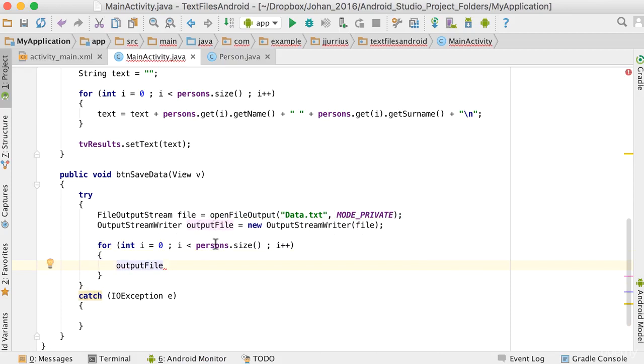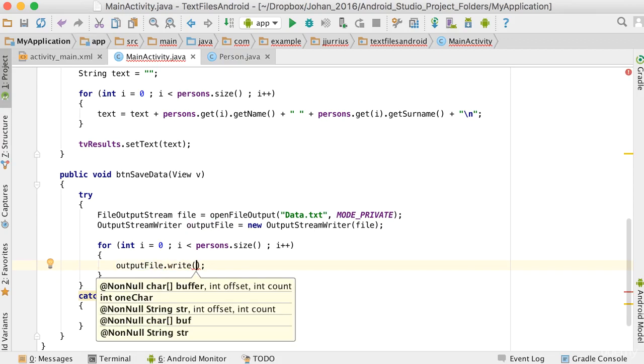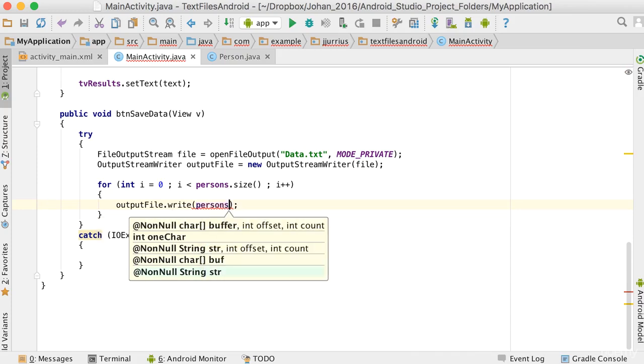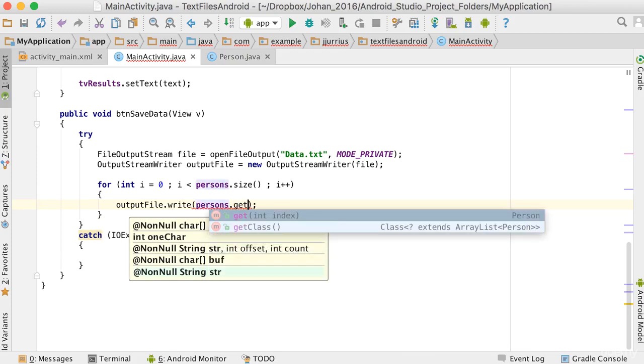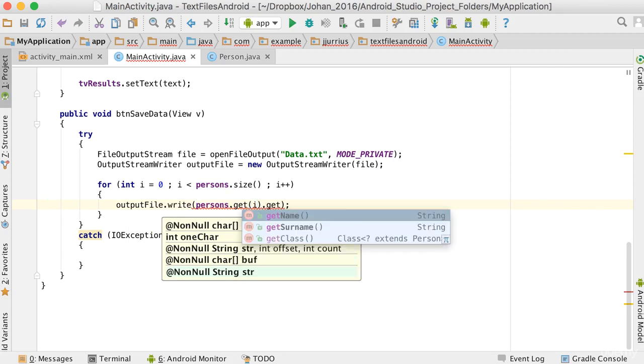So that output file, there's a method called write that we're going to use. And now we just need to write text to this specific file. Okay, so in order to write the text, we will just say persons.get(i), which is the person object, dot get name,